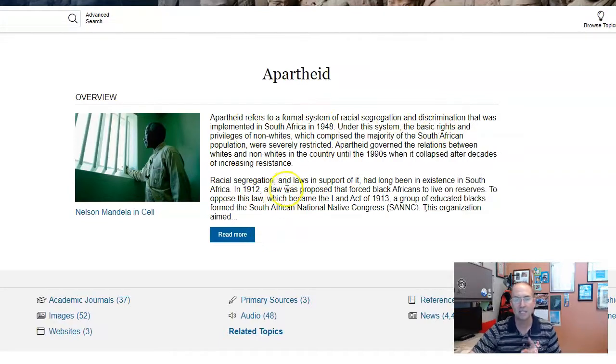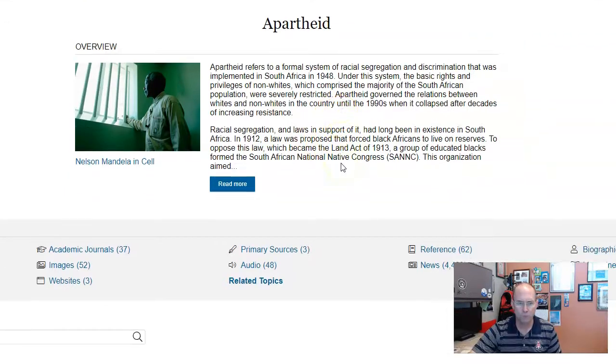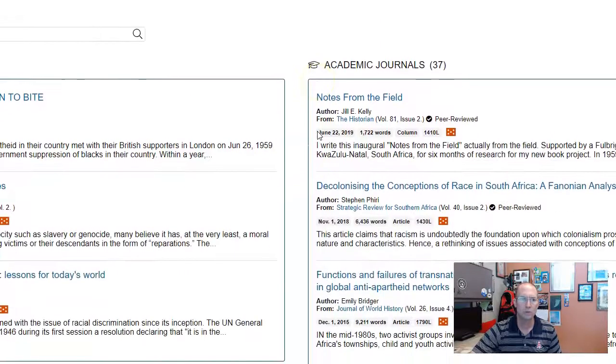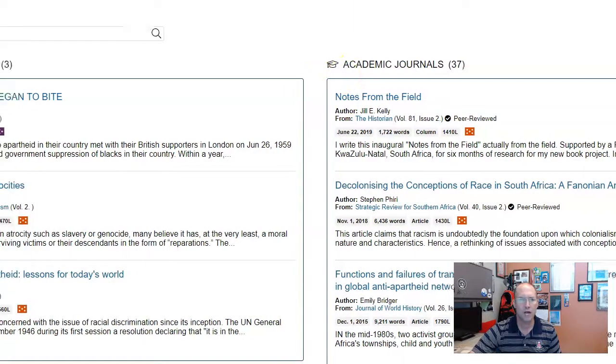That is not an article. You cannot cite the overview. This read more is an overview. You cannot cite it. It's considered a reference source. But you'll notice as you scroll down that you have academic journals, images, websites, primary sources, audio, reference, which you can't cite, biographies, magazines, they're all here. And so you'll notice under the featured content,